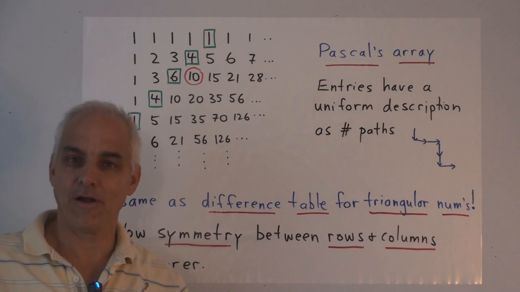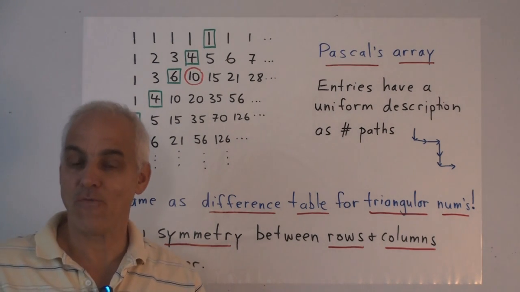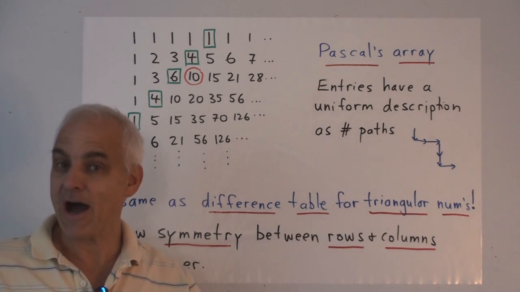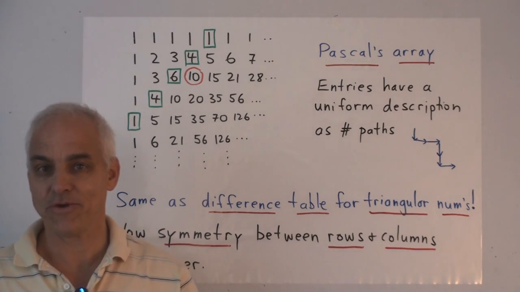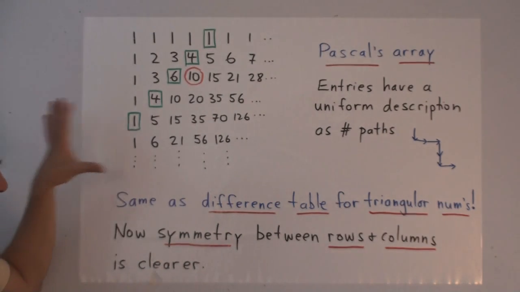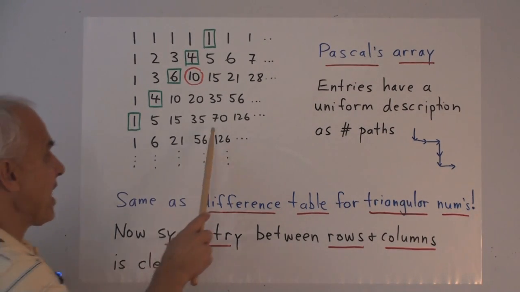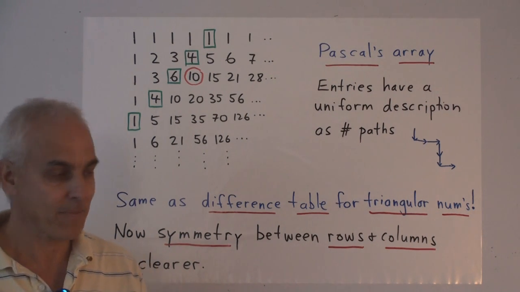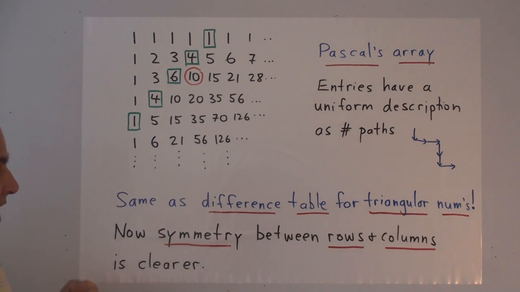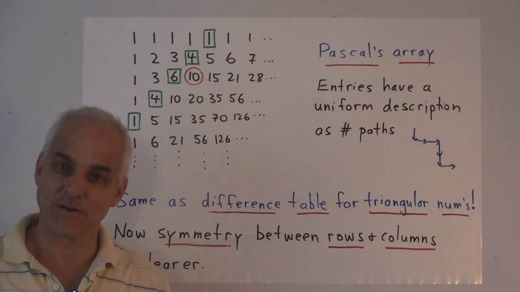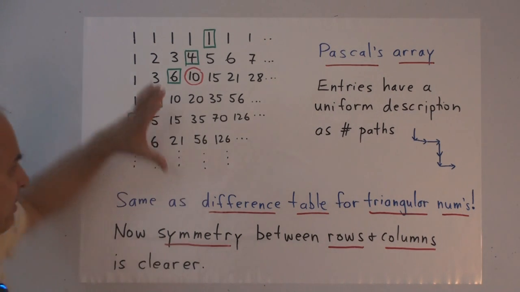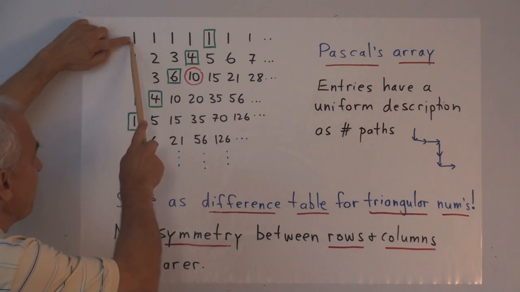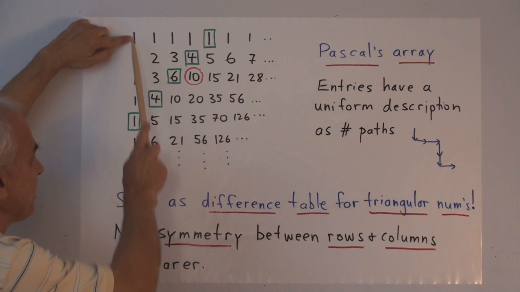So this gives us now a new interpretation of what we used to be thinking about as triangular numbers, tetrahedral numbers, higher dimensional triangular or tetrahedral numbers. Here now is another way of thinking about this array, as it's counting some combinatorial object, namely numbers of paths. And this description of this array has some immediate advantages. First of all, it makes the symmetry between the rows and the columns obvious. The number of paths from here to here is obviously going to be the same as the number of paths from here to here.